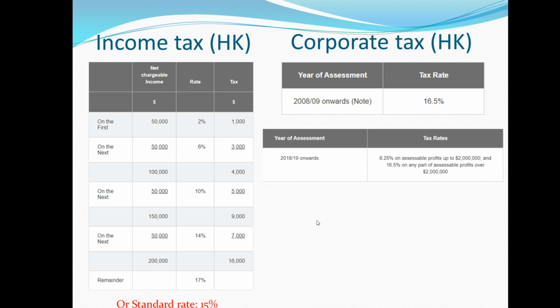So that's direct tax. You will see, when you talk about direct tax, it is always progressive or proportional. This one here is progressive, right? Okay. Cool. Let's move on.